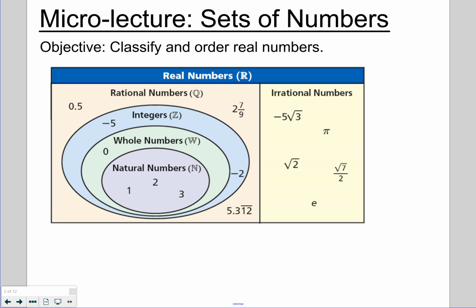Take a look at this one down here, 5.3121212121212. Does that stop? No. But why is that in the rational section? Why would you think that it's in the rational number section, even though I said it doesn't stop? What do you think? Not because of the 5.3. It's actually the other numbers, the 1 and the 2. Do you see how there's a bar over them? That means it goes on forever in that pattern of 1, 2, 1, 2, 1, 2. So even if your number doesn't stop, as long as there's a pattern as it goes on forever, then it's